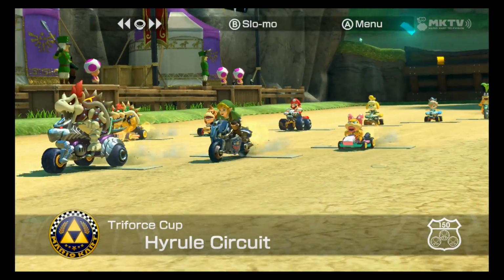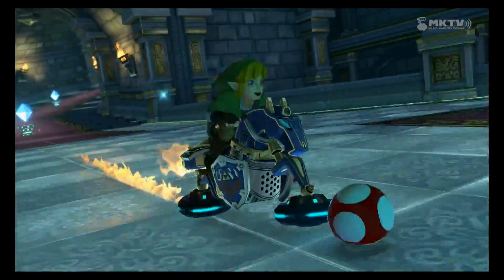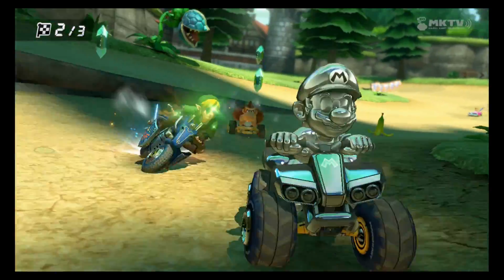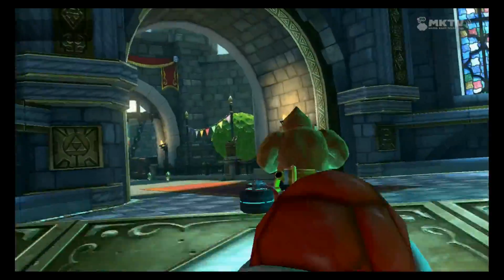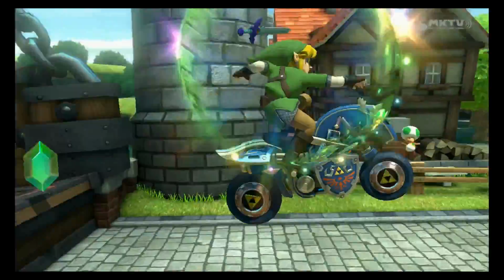We managed to clench a first there, and it's because I got those. Look how big Link is too, isn't that weird? I managed to get a triple red shells, which is always a good item to have at the very end, and I managed to pass by some folks. There, like especially Donkey Kong, who was right there,